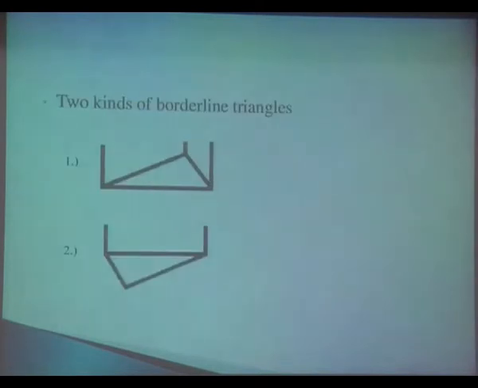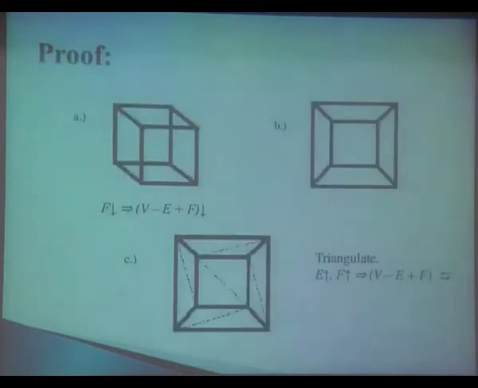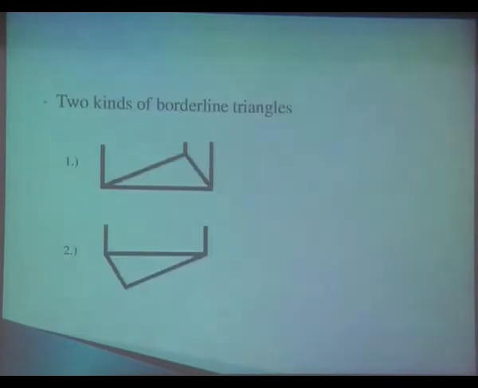After I triangulate, I'll start working from the borders first. I'll have two sorts of triangles: ones which share simply one side with the external plane, and the others which share two sides. I could have any one of these. In this case, all of them turn out to be the first kind. In the first kind, simply get rid of that edge which is outside, which isn't shared with any other face. In doing so, I'll decrease the number of edges by 1 and the number of faces by 1, and the number of vertices remain unchanged. V minus E plus F, whatever it is, still remains the same.